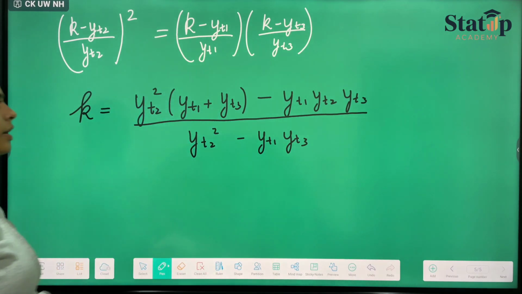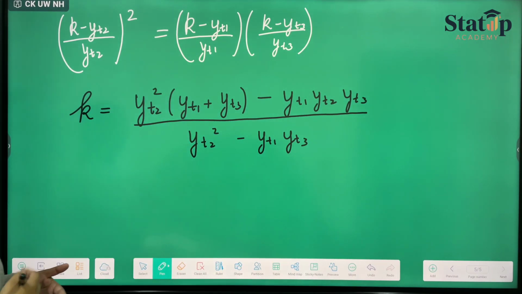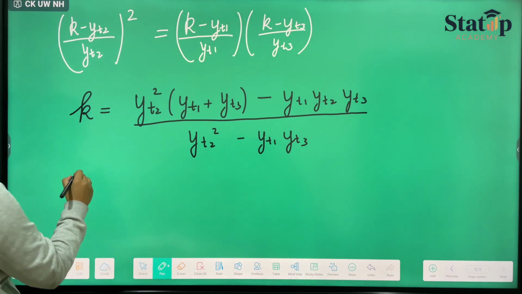This will be the value of k, and if we substitute the value of k in this